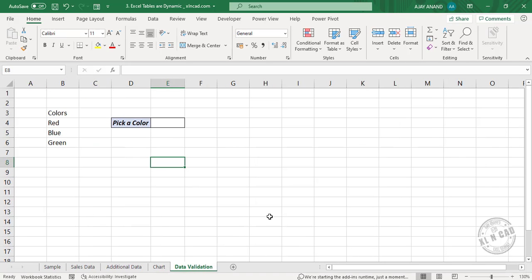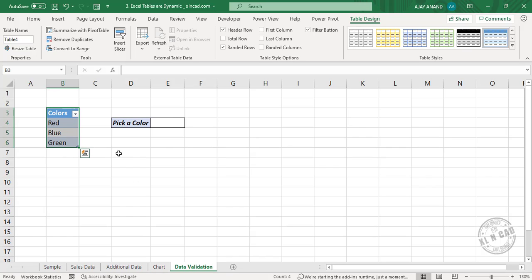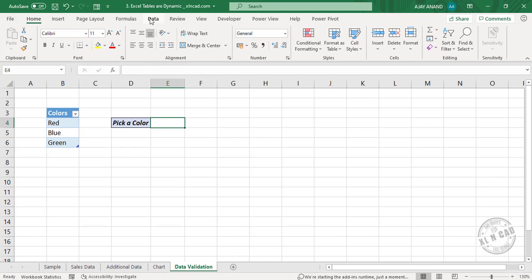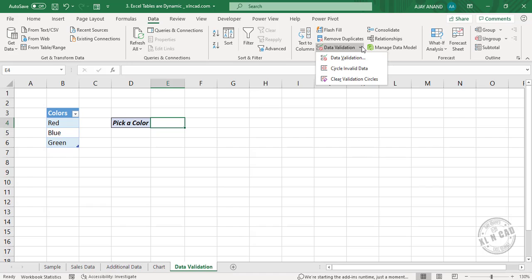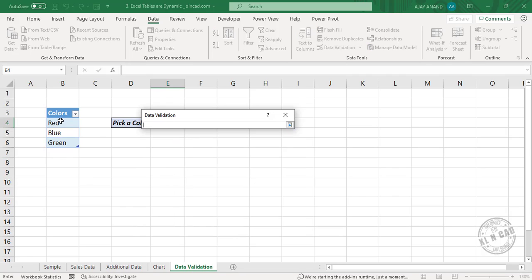Data validation list will become dynamic when we use Excel tables as its source data. To create a dynamic drop-down list using this data, convert this data into an Excel table. Insert, table. My table has headers. OK. We'll select this cell. Data, data validation,